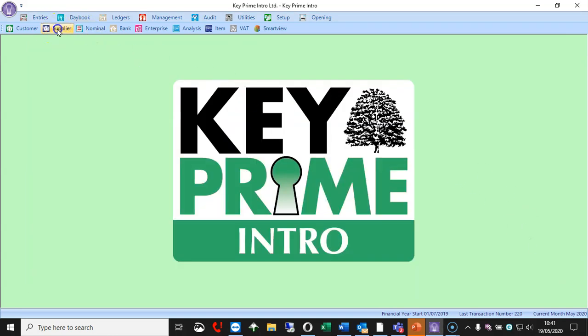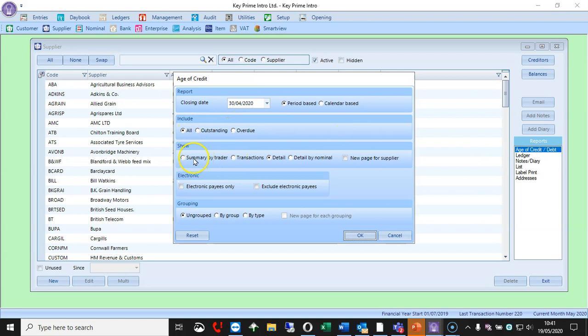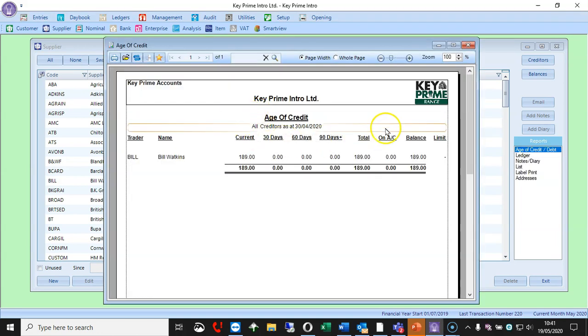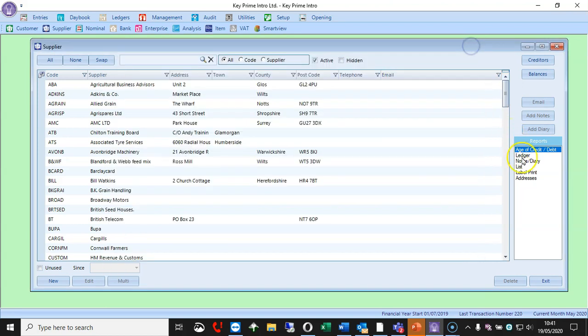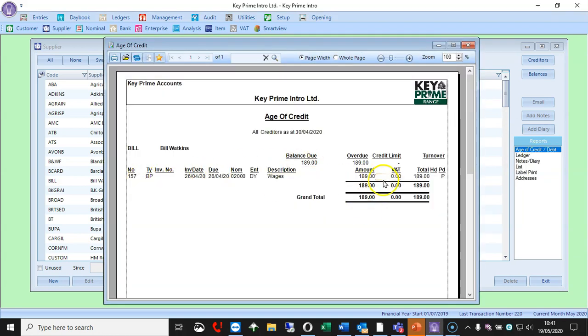We then need to go off to our supplier and do the same thing. So we've got our age of debt, and we can do it by summary, which gives you your 30, 60, 90. There it is. And then again, age of credit, and have it in detail, and go and do that.